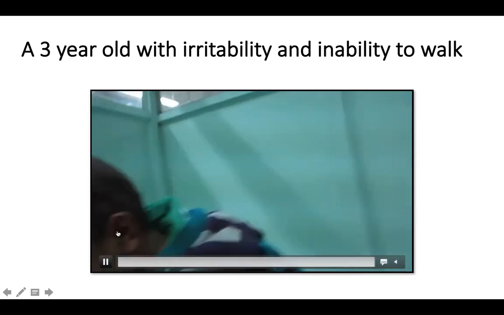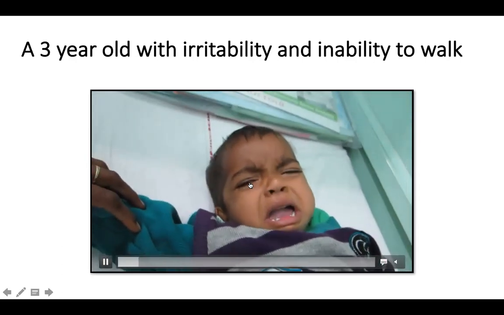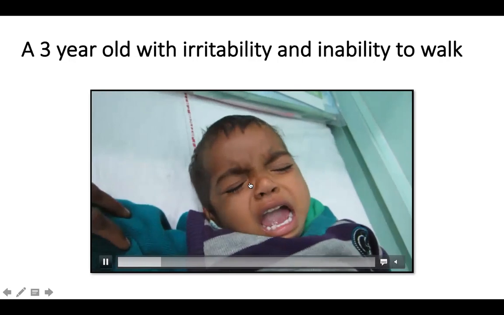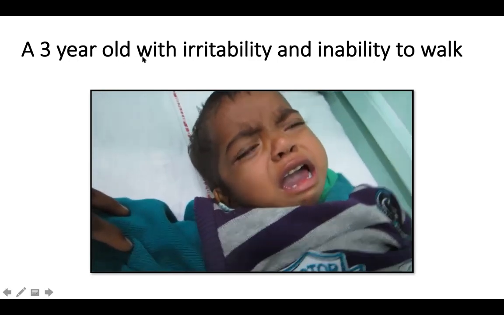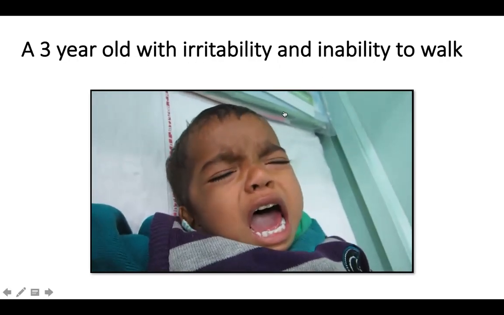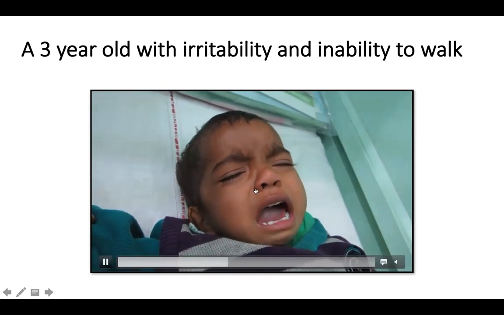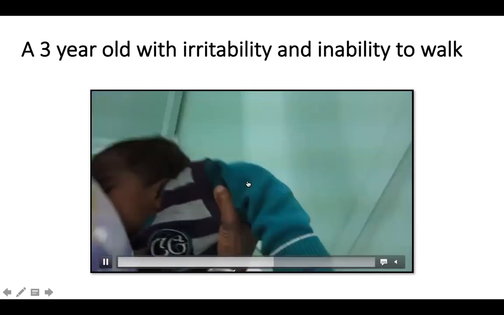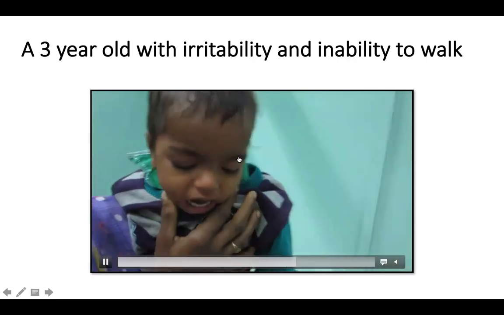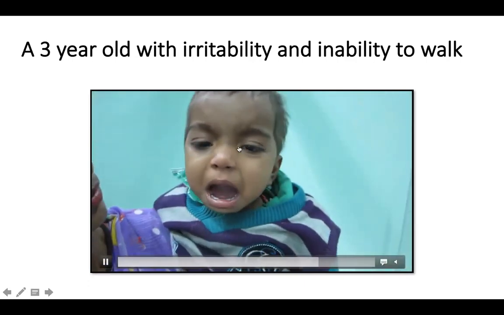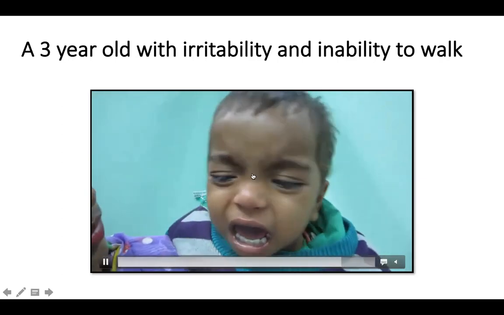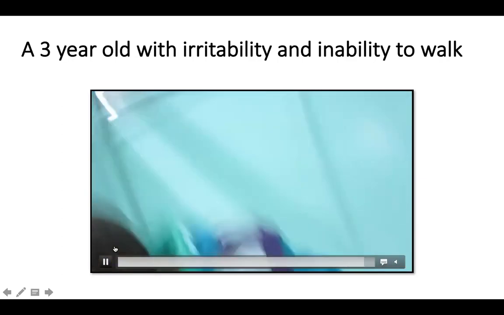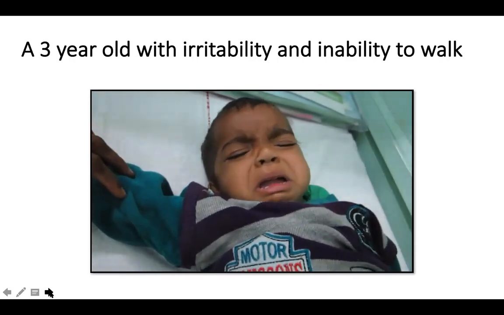This sort of child who is very irritable, a toddler less than 5 years, is classical opsoclonus myoclonus ataxia. This child had a 3-week history of irritability and inability to walk, with this sort of high movement. These are not seizures. These are very rapid, fast, multi-directional saccades called opsoclonus. If associated with other jerky movements in the limbs, it's called opsoclonus myoclonus. You can understand how fast it is.